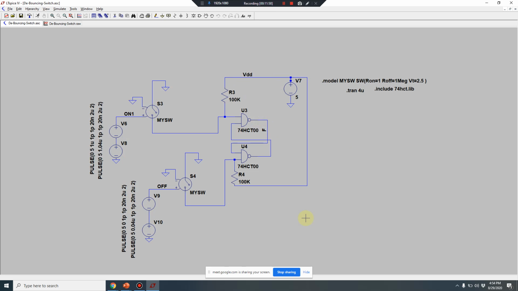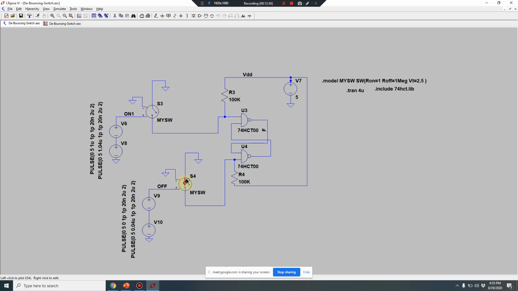Now this is a switch. There are two switches. This switch is for switching it on and off. There are two supply voltages for this switch. If you give a supply voltage of 1 volt out here, this switch will close, and if you don't give any voltage here, this switch will be open. Is it clear? This operation of the switch is clear? Can somebody say yes or no?